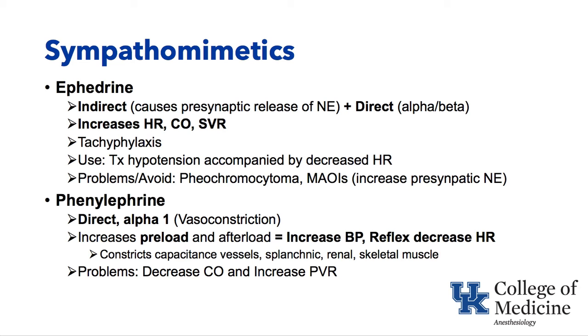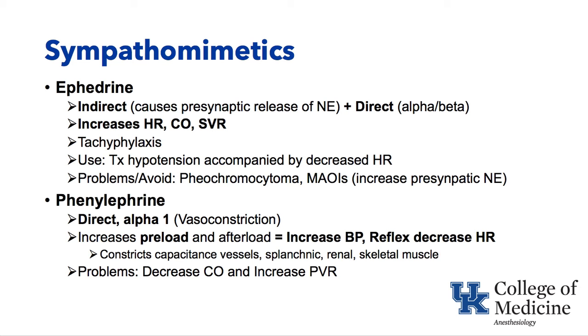Phenylephrine is a direct-acting alpha-1 agonist that causes vaso and venoconstriction. In fact, increasing preload is probably one of the major mechanisms of its increasing blood pressure. But it does also increase afterload. Blood pressure will go up after phenylephrine is administered, and you'll usually see a reflex decrease in heart rate as